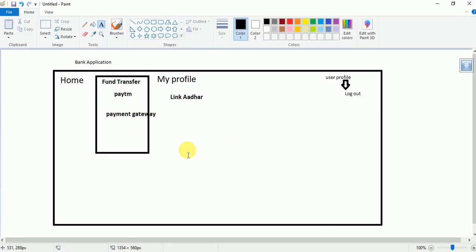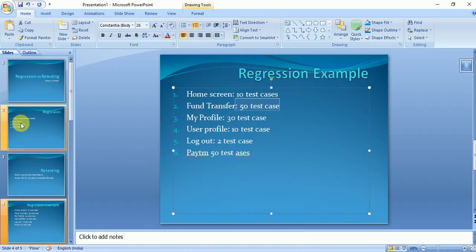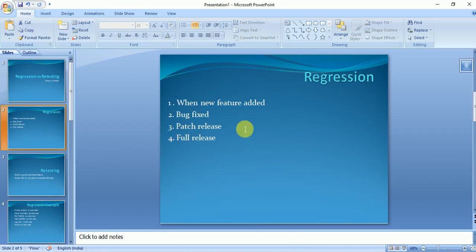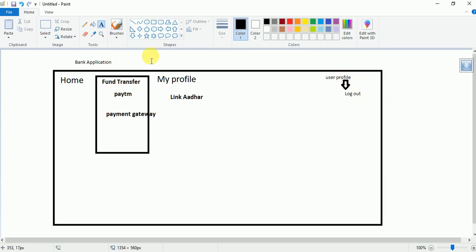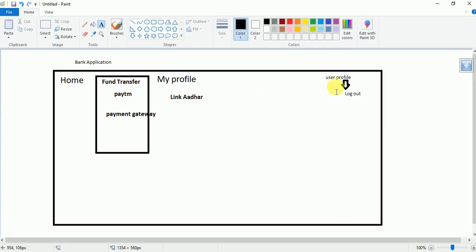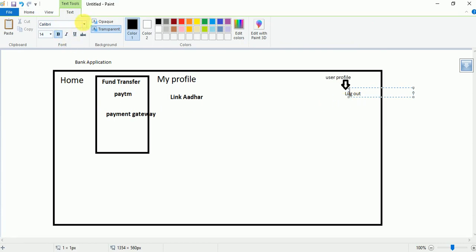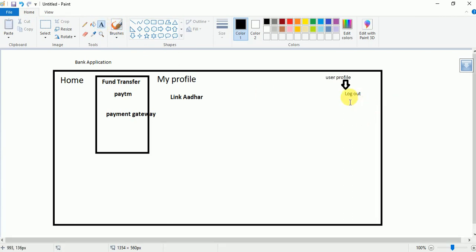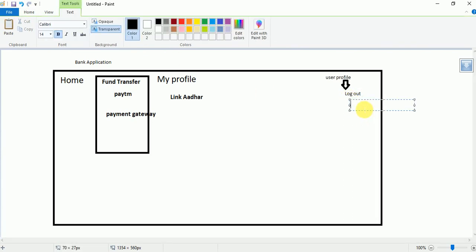Okay, that is the third scenario, and the fourth scenario would be full release. No matter what, if the team wants to go with the full release, that means the complete availability of these modules will go to production. So in that case, you will get a complete release note wherein they list everything they are touching in the code and things like that. Say for example, in the full release, what they did, they added one additional feature here,